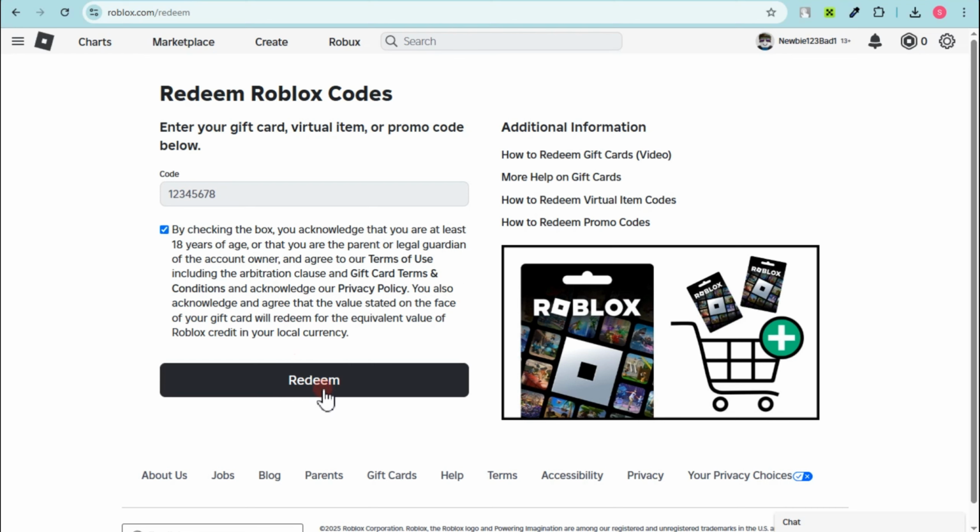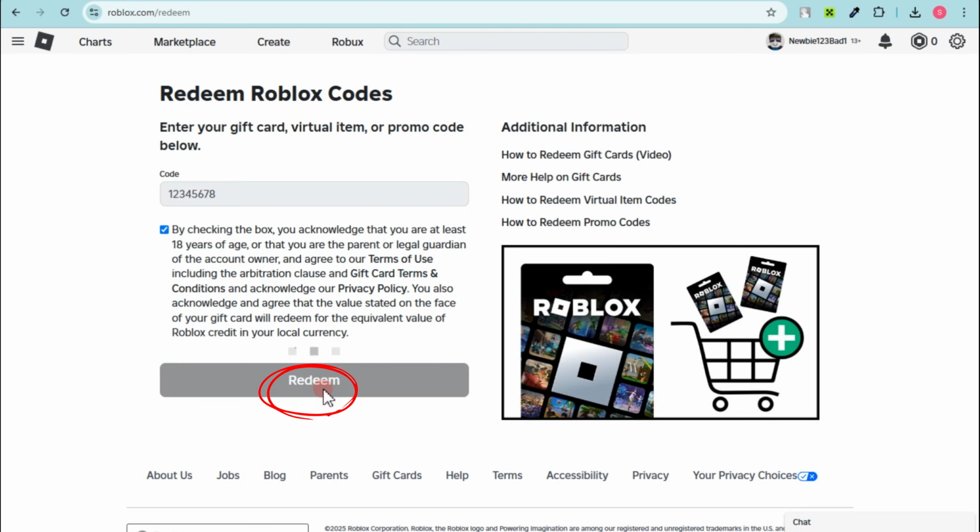Important tips: promo codes can expire quickly. Only trust codes from official Roblox sources or well-known creators, and some promo codes require you to complete events or play specific games. And that's how you use